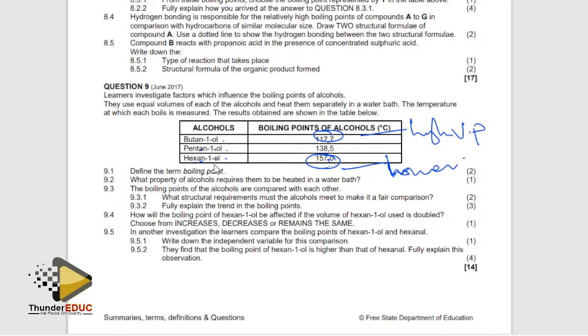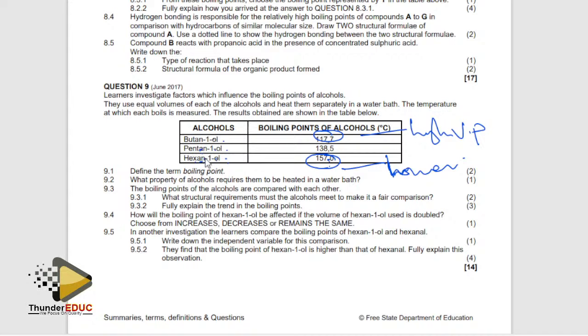In this case, because it is an alkyl, it has the London force and the hydrogen bonds. So it requires high energy to break those intermolecular forces of attraction. Therefore, it has a lower vapor pressure. You understand? This one still has the same type of bonds, but this one has a